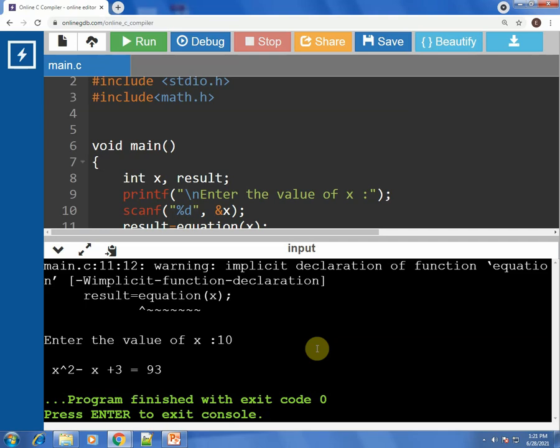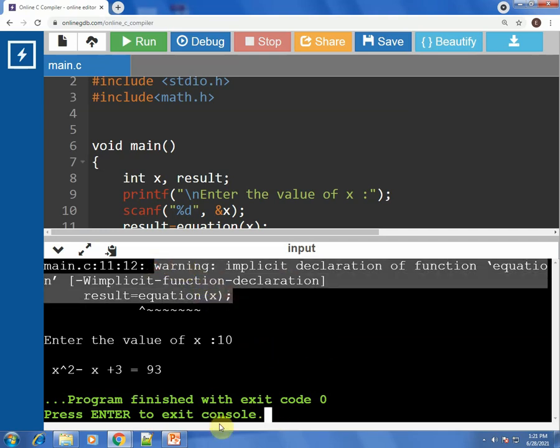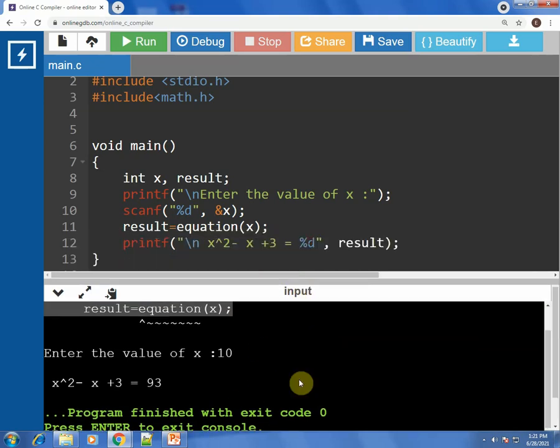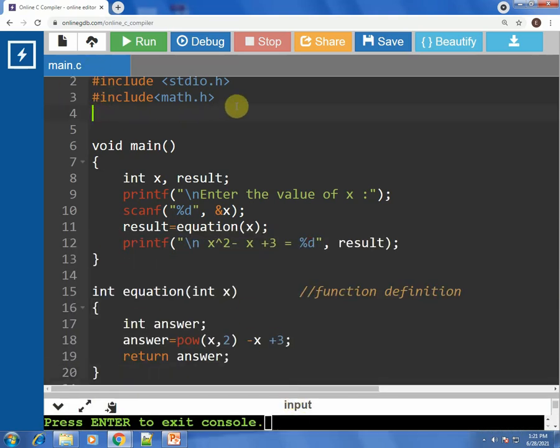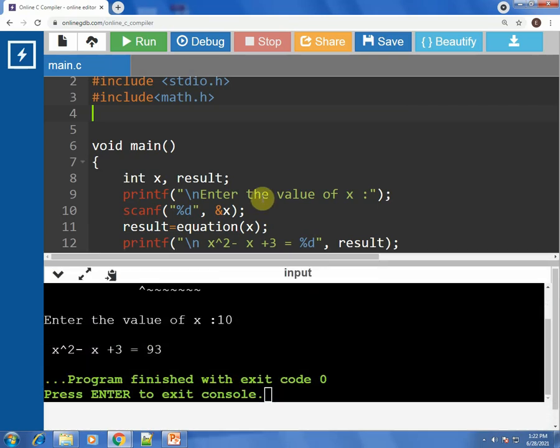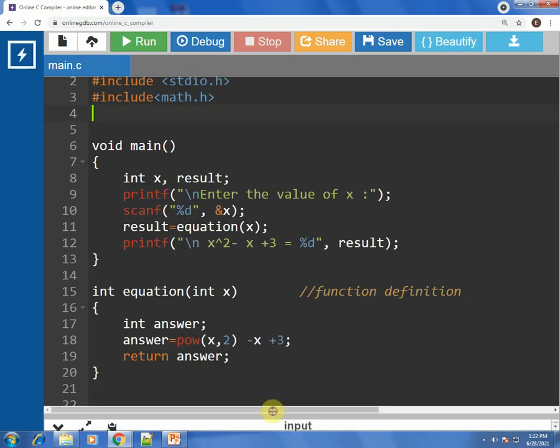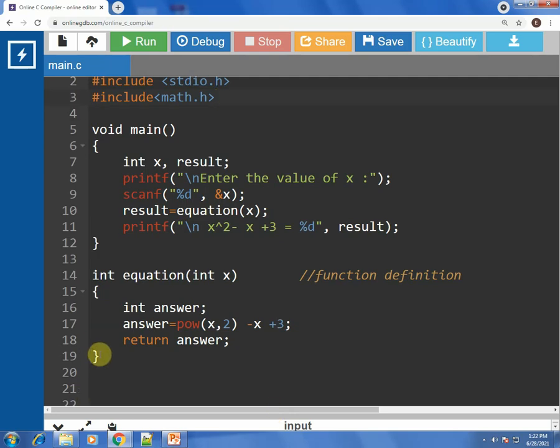We're still getting the output, but it gives a warning saying that you need to first declare it over here and then go ahead with the definition. But in some compilers you will not get this warning, you will directly get an error. So it entirely depends on the compilers as well.